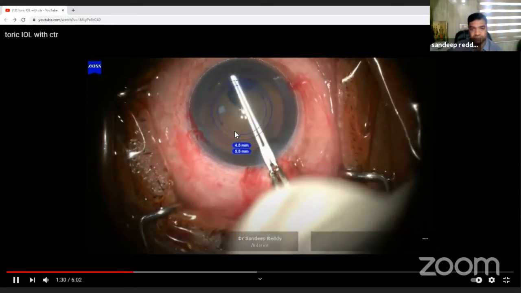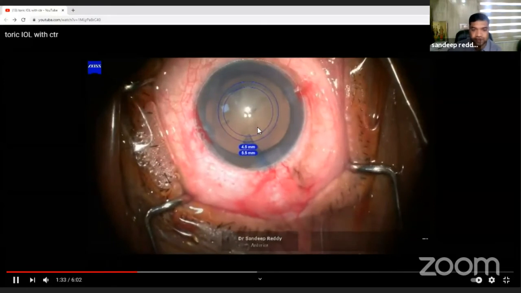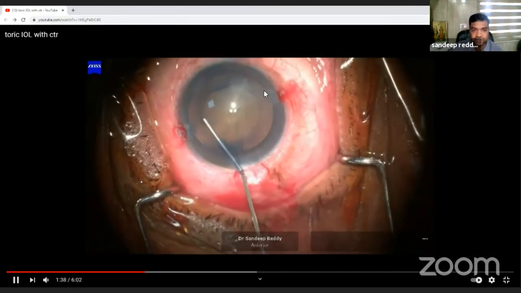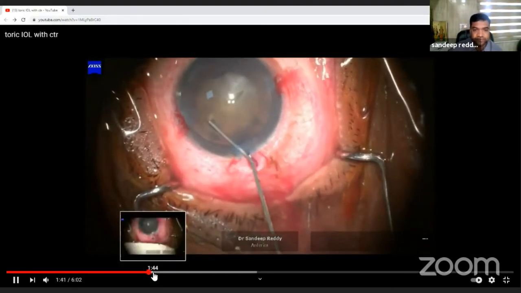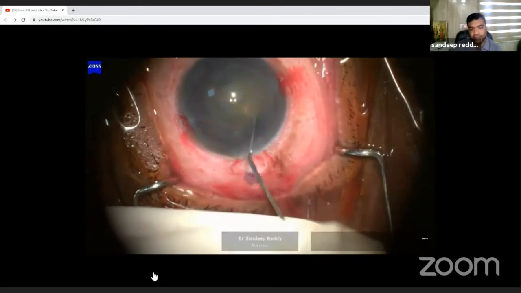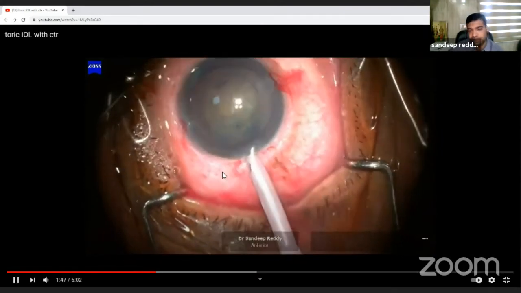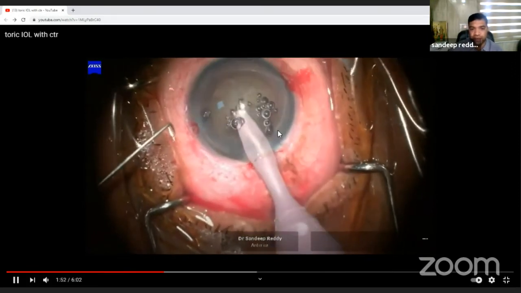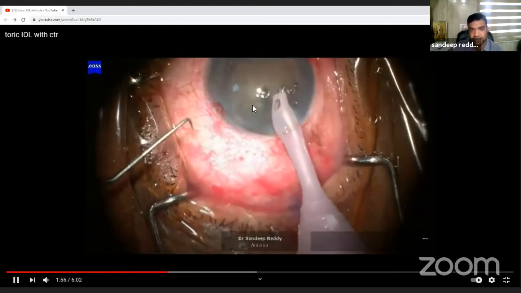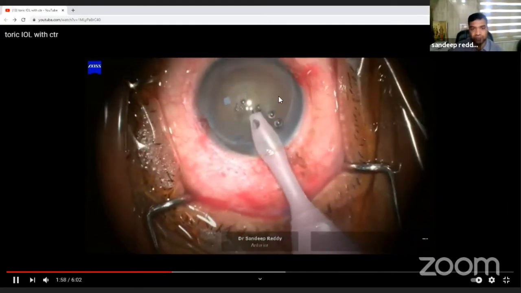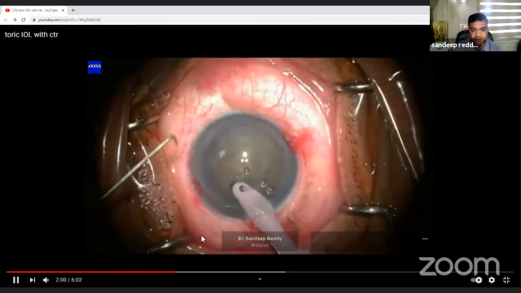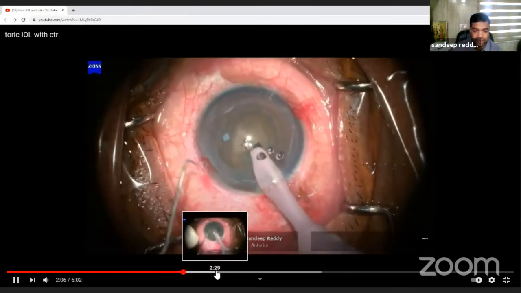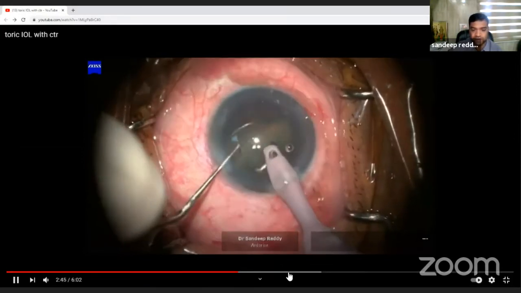Here I have kept it blue, which is how it comes by default. You can see I have made an exactly 5 to 5.5 millimeter rhexis, which gives us very good guidance. Because when you're operating on a high myope or a large eye, sometimes it is difficult for us to tell what is 5 mm and what is 3 mm or 6 mm. Unless you have a proper guide, it is very difficult for us to tell what kind of rhexis we are making. Sometimes we think it is a small rhexis, but actually it turns out to be very large. I'll skip the surgical part and the phaco part.